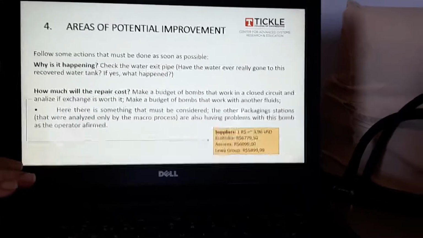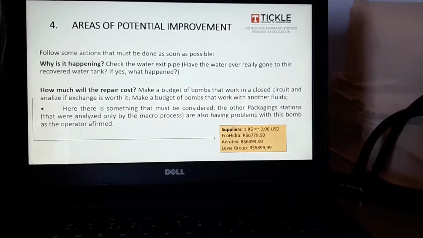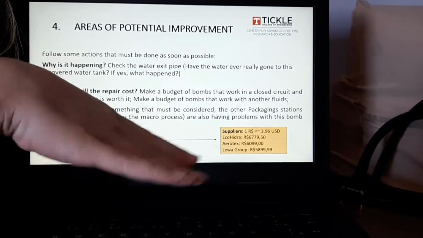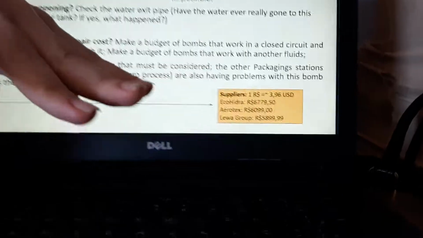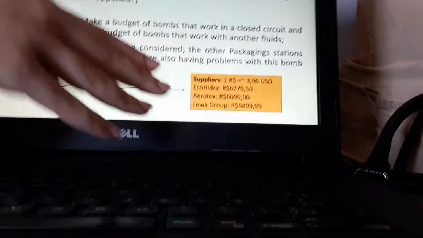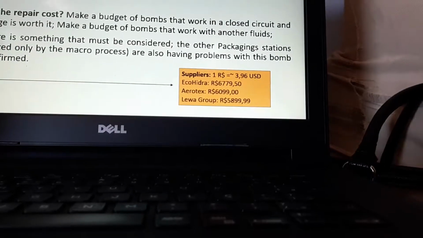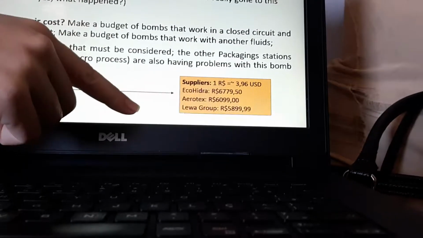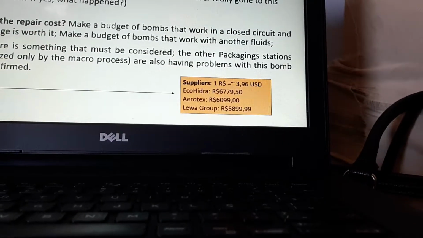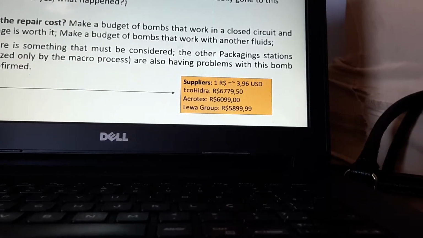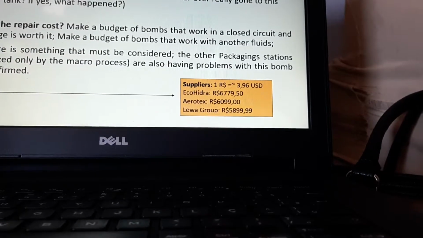So it's going to be at least $25,000, sorry. Okay, so it's an expressive value here, and we need to check if the manager is going to accept. Okay,